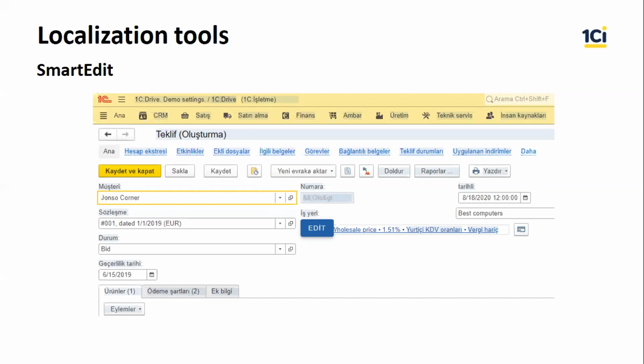So we've developed a tool called SmartEdit. It publishes the web version of the localized application, so the editor is able to work right in the web interface. The translatable strings here are highlighted in blue. When the editor needs to change the translation, he or she hovers over the translated text and the edit button appears. After clicking the button,